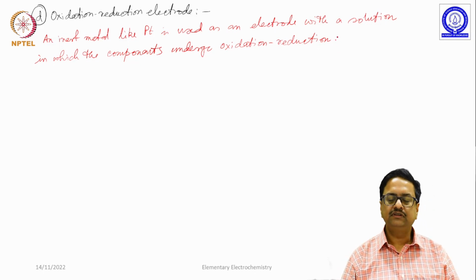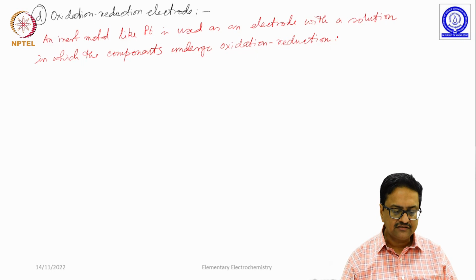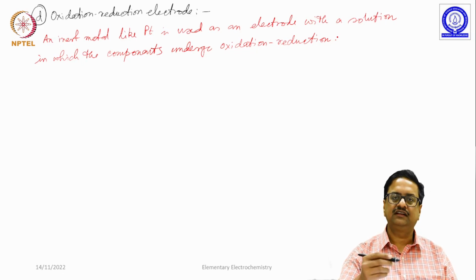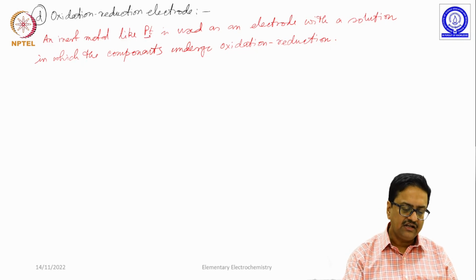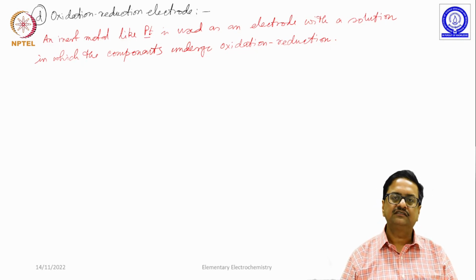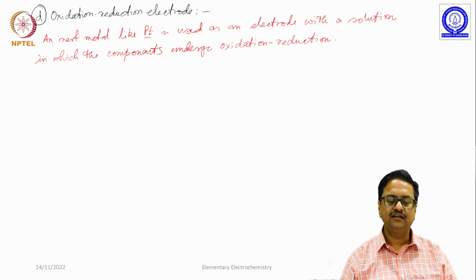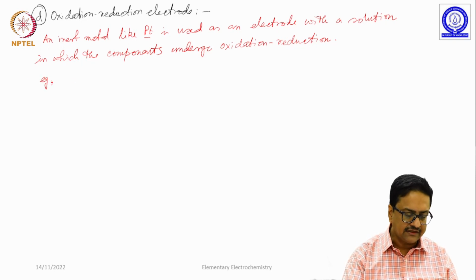So here we should have a solution in which we should have some elements in its lower and higher oxidation state, and during the half cell reaction, the lower oxidation state can go to higher oxidation state, or the higher can come to lower oxidation state. If such a reaction happens with a platinum electrode, we then call it an oxidation reduction electrode. Remember, here the elements which are undergoing oxidation and reduction are not used in their elemental state in these cells. So such examples are like this: